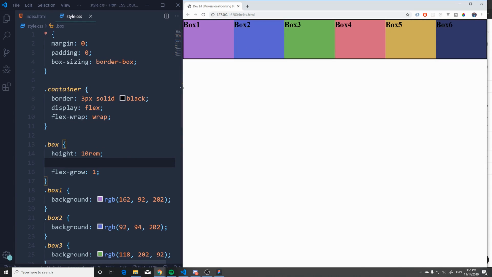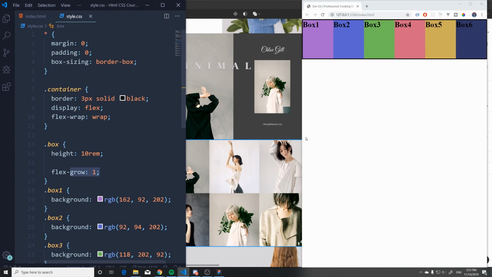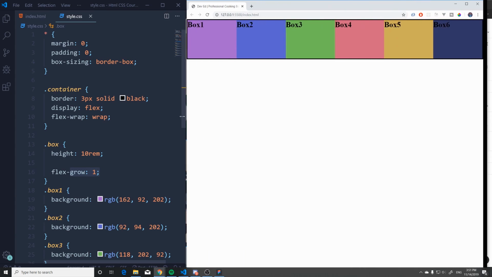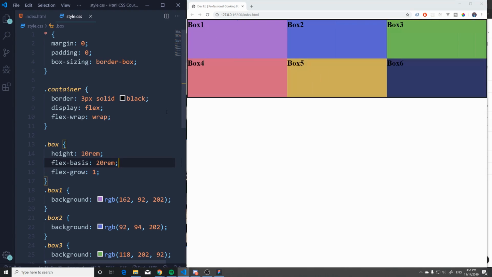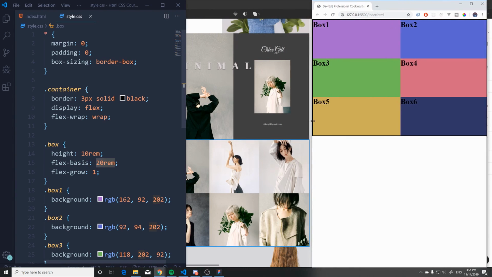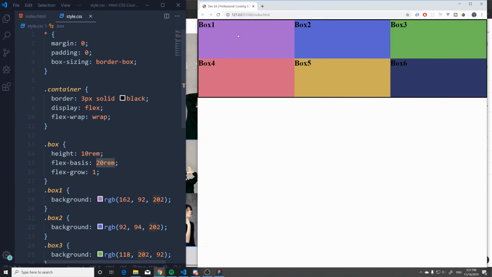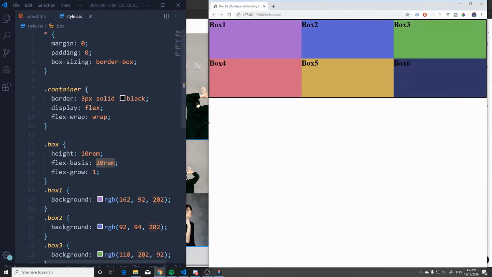Basis, this is just always gonna be stuck like this, right? It's always gonna just have this Flex Grow of 1 because it doesn't know when to drop to another line. We haven't defined a basis, a size for this box. But if we have a size like 20 rem, it's gonna know when it should jump down below because it's always gonna keep that 20. It's never gonna get smaller than that 20, but it can always get bigger just because we have that Flex